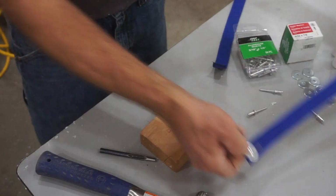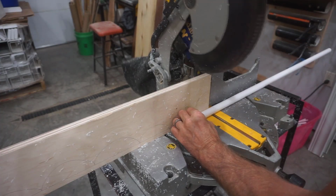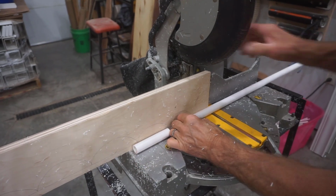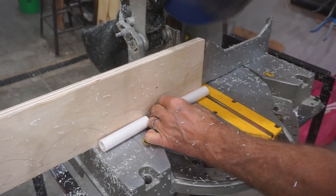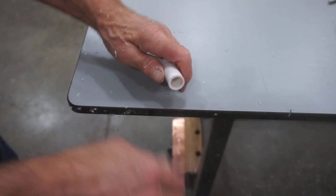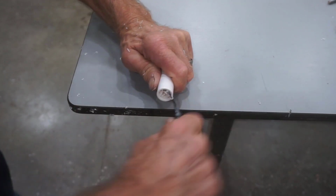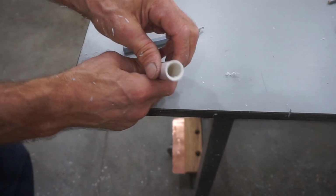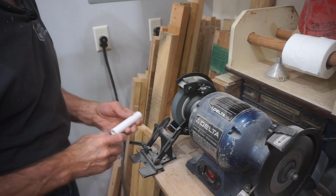side of the Porta-Ganizer. The short pieces of pipe make the handles more comfortable to carry when the organizer is fully loaded. To make the short pieces of pipe, I just cut a couple lengths of this stuff at 4 inches long, and then I use the deburring tool to fully radius the inside of the tube so that it doesn't fray the nylon strapping, and a quick pass on a bench grinder takes the burr off the outside of